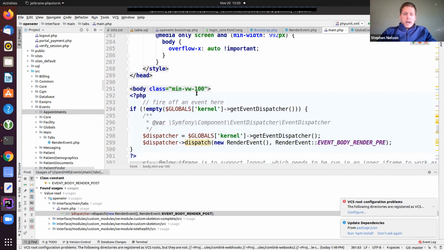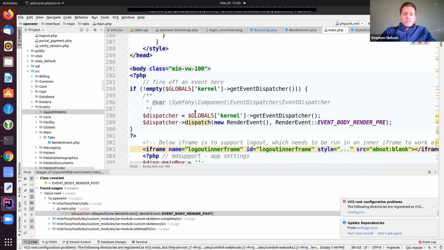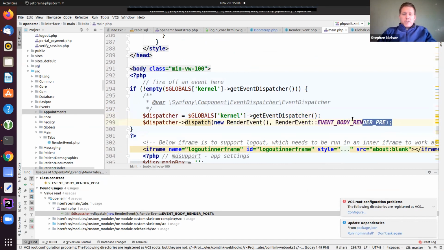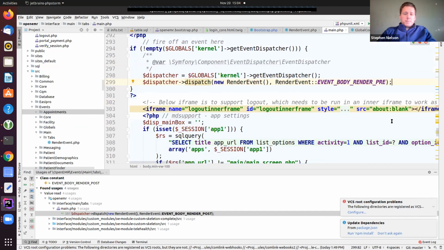We have our body tag. At the very top of the body tag, it's going to fire off an event saying, hey, anybody listening, do something. Whatever you want to do, just do it here, right? And it will loop through all the different event listeners, and those event listeners can be silent and do something in the background, or they can output stuff to the screen, right?